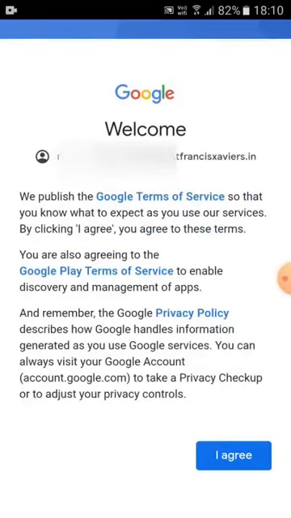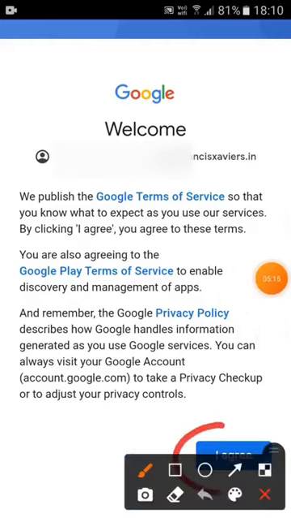It will load and will come to this welcome screen. That means you have successfully entered the right email address. Click on the I agree button, which is over here at the down right.